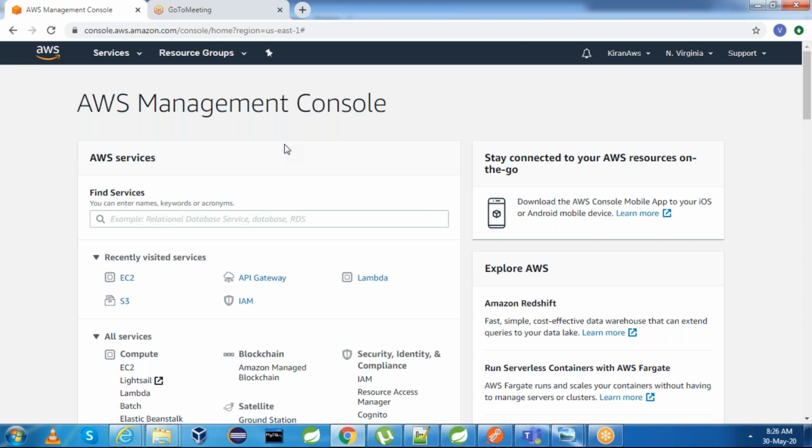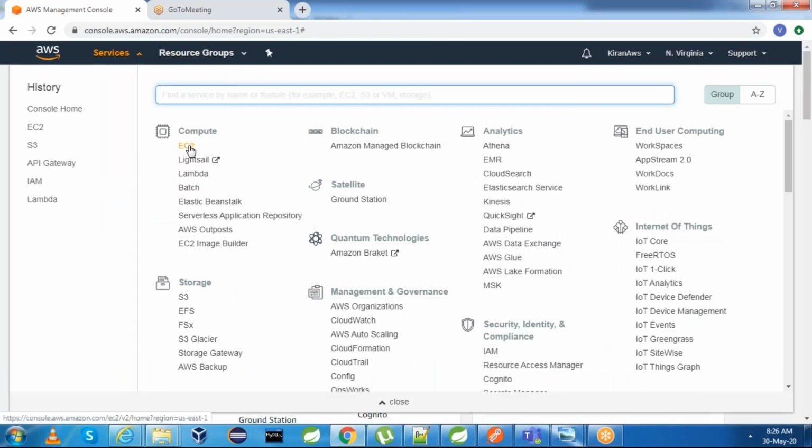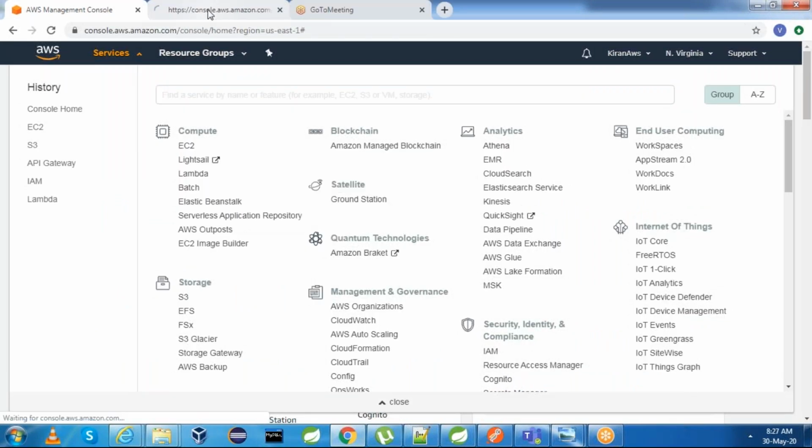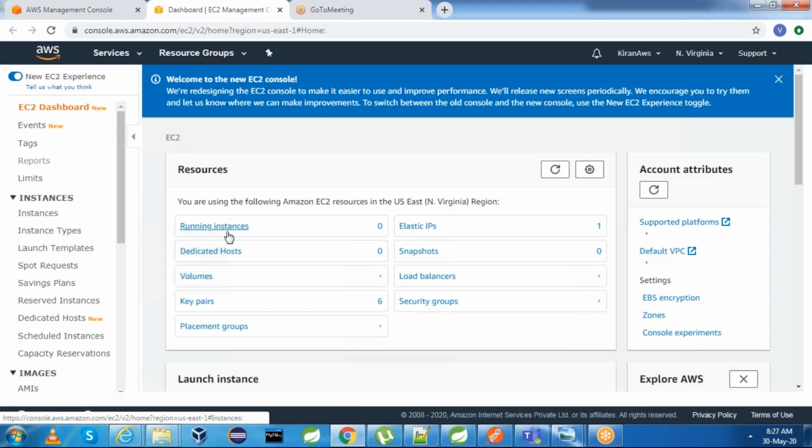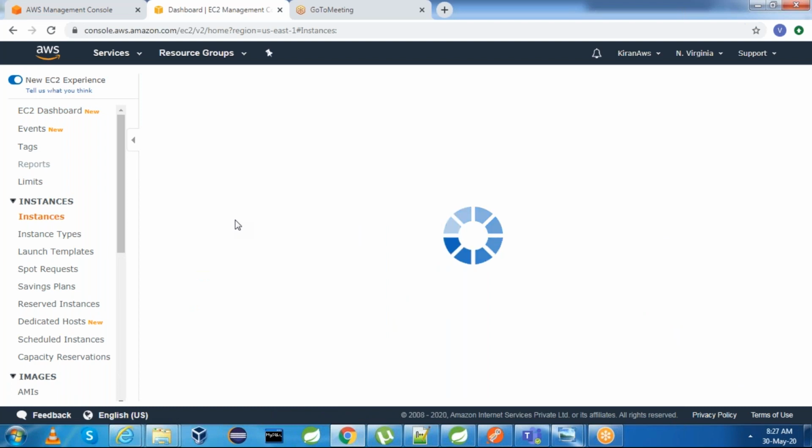Let us get started with Amazon Linux or RHEL or Ubuntu, anything is fine. Let me start with RHEL 8. Services, go to EC2, go to running instances, launch instance.